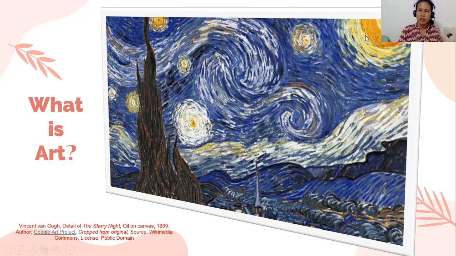And then the crescent moon here is yellow in color, and the rest of the objects, of course, we expect that this is a kind of night sky view, right? And in the lower part or the foreground of the painting, you'll be seeing this church. Ayan yung parang tore ng church, and the village. So if you're going to look at it, this is kind of a view, okay?